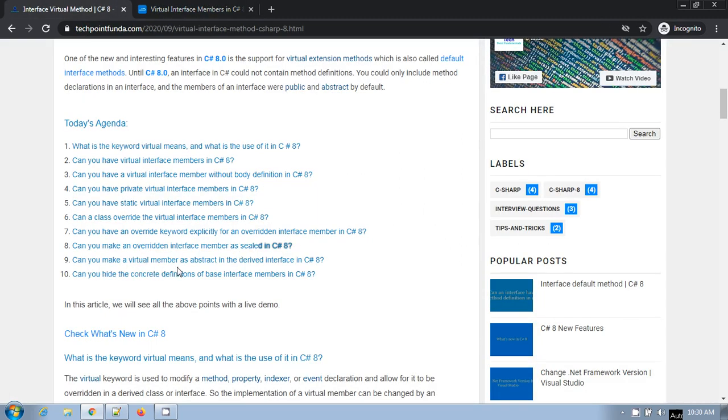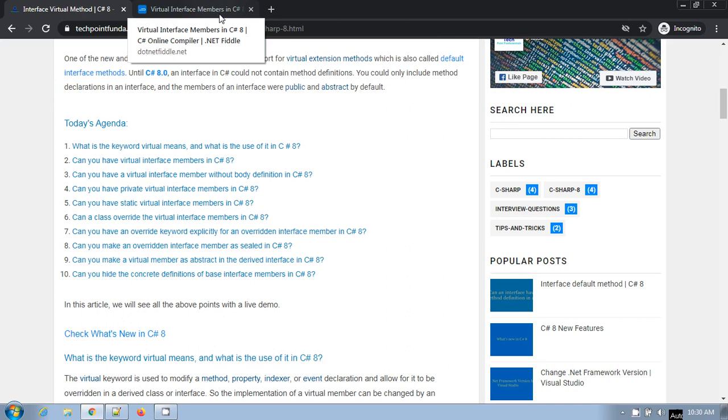Can you make a virtual member abstract in the derived interface? Yes, this is the most new feature which Microsoft has introduced with C# 8. In a C# 8 interface, you can make any virtual member definition in the derived interface abstract.